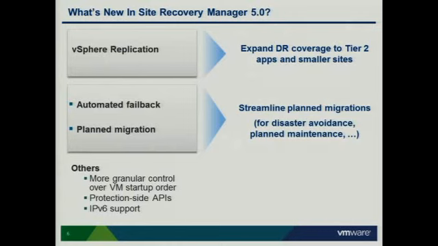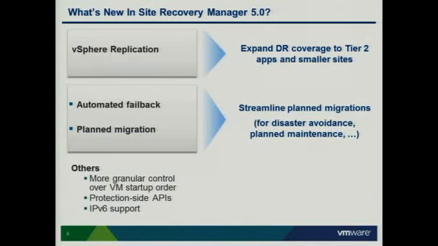The two other features that I wanted to mention associated with SRM 5 are automated failback and planned migration. Automated failback allows you to fail back to the original site after failing over. And planned migration is a new workflow that we introduced that basically allows a zero data loss and application-consistent migration of virtual machines from site to site. And these two features directly respond to feedback that we got in events like these last year,